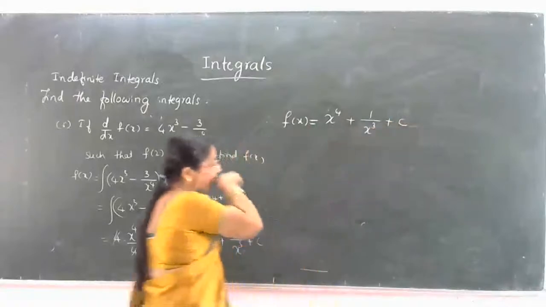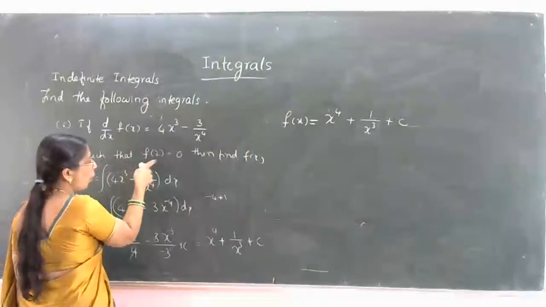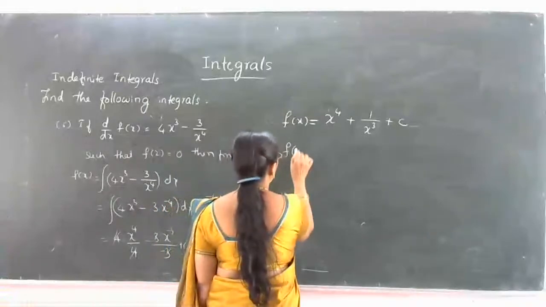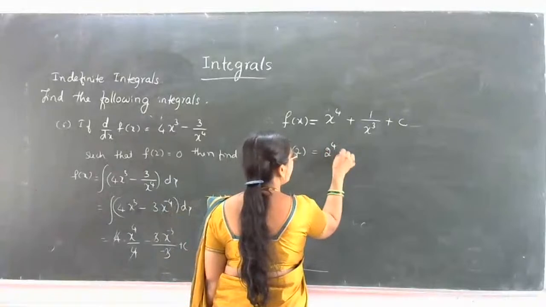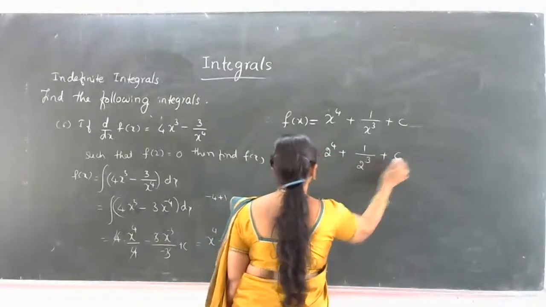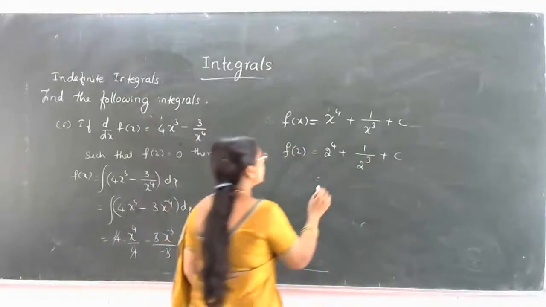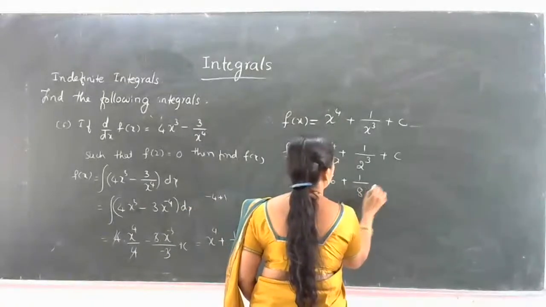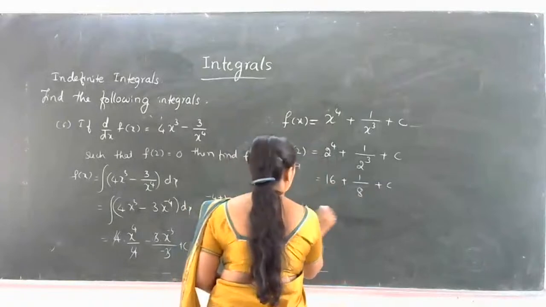But here given is f of 2 is equal to 0. We substitute x is equal to 2. 2 to the power 4 plus 1 by 2 to the power 3 plus c, which is 16 plus 1 by 8 plus c,